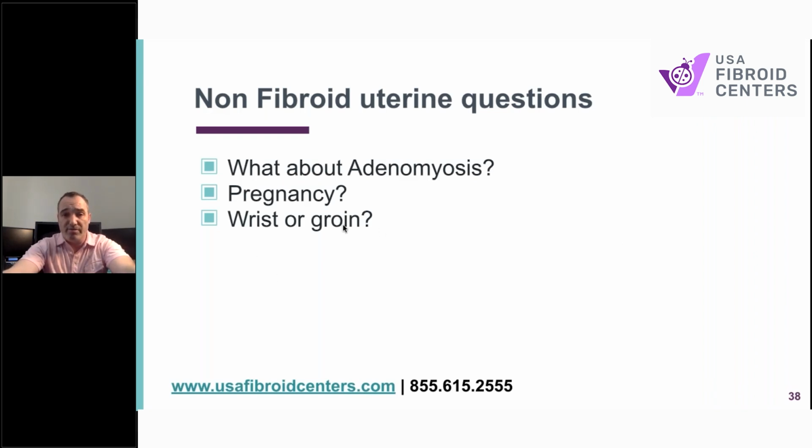Wrist or groin is one of the final ones. I do both. Some of it is my preference, some of it is patient preference, some of it is a combination of both. The groin is what we started with, and I've done countless numbers that way, and that's how I began. And so it's really the one that's used most frequently, but the wrist, which is the radial artery right here, is also very straightforward. You wonder, hey, why would you stick me here when the problem is here? Well, the bottom line is all roads lead to Rome.